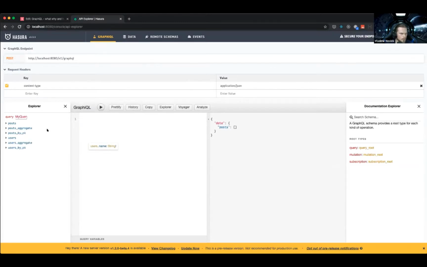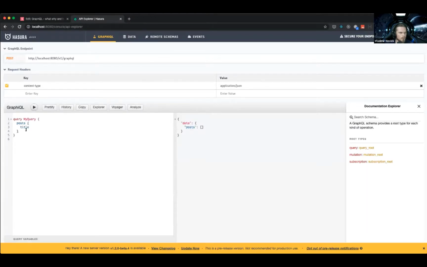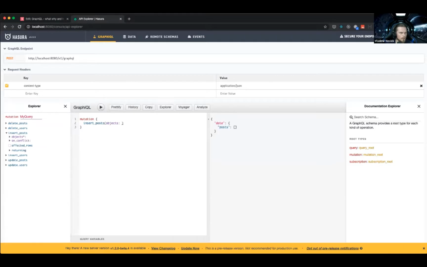Now let's see an example of adding a post with title. Let's write a mutation, and it will be insert post and objects. And again, I can have an explorer here. I want to insert post. The post will have title.